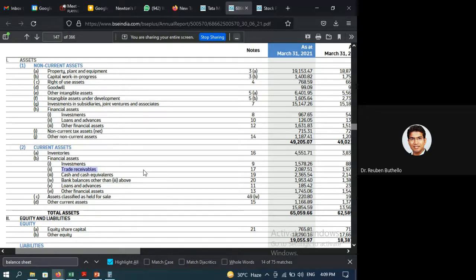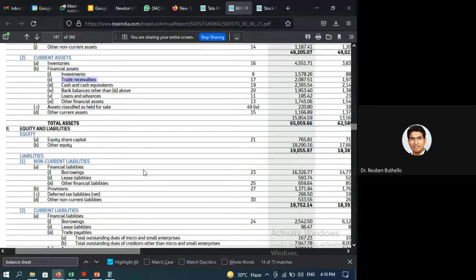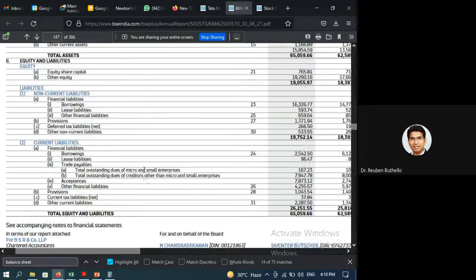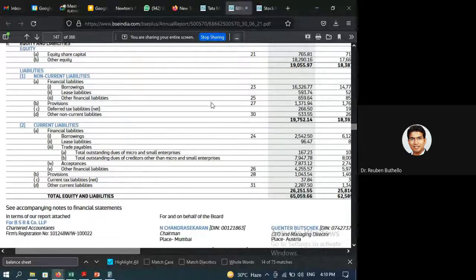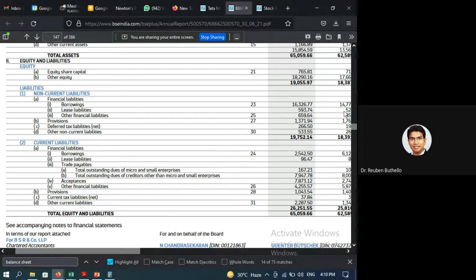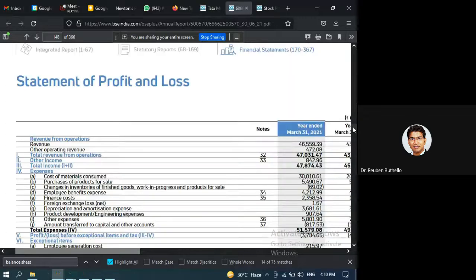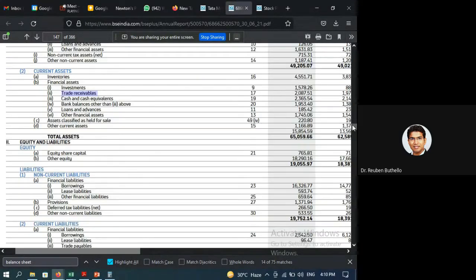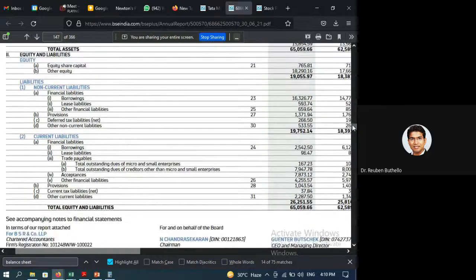Okay. Now let us look at the liability side. The liability side also goes through a similar situation. So don't be confused with the total assets that is mentioned on top. Go one level down and you will see equity and liabilities. In the equity and liabilities section, you will notice that right on top is the equity. Now, as I told you, it starts from very long term and ends at very short term. Yes or no?